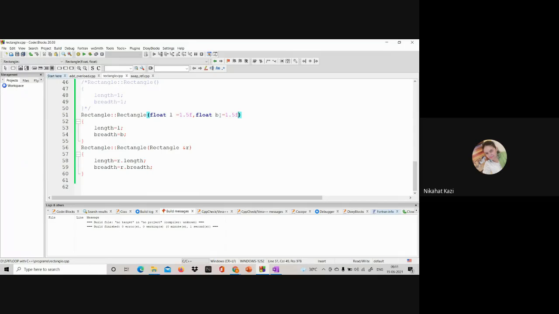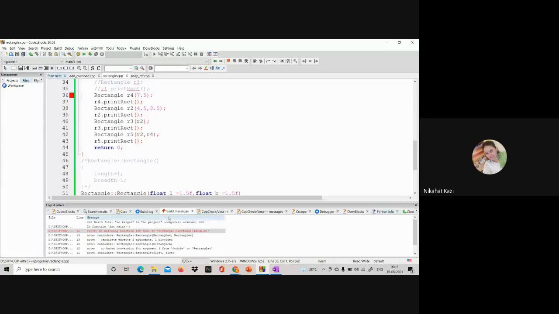Okay, so if I write it here, it gives me this error, no matching function for call to rectangle. Okay, so it is assuming that this is of double. I mean, it is containing it. There should be some constructor in my program which will have a single argument.